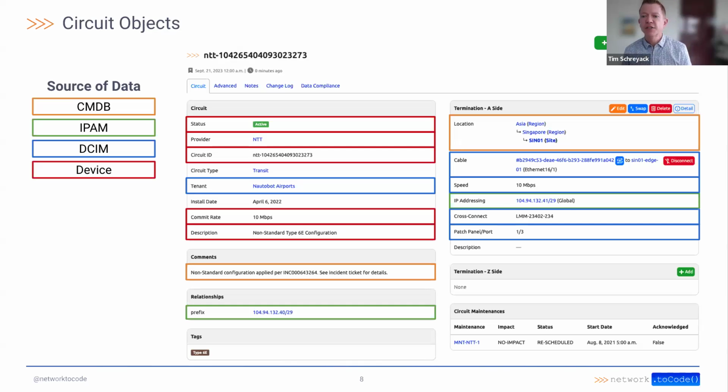Termination sides, right? So here we're looking at the termination of the circuit. Circuits, by definition, are connected to another device or devices. And this field allows us to describe those termination points. Now, in Nautobot, some circuits may only have a single termination point listed if you don't care about the other